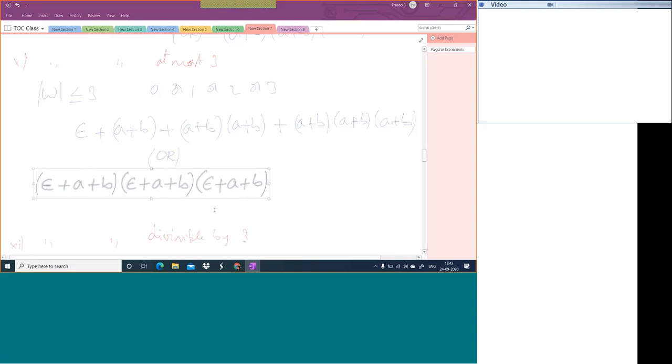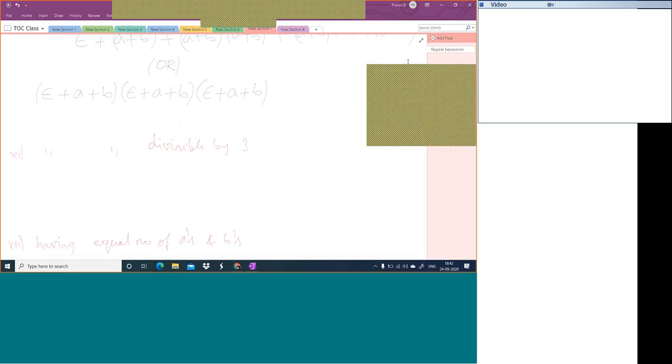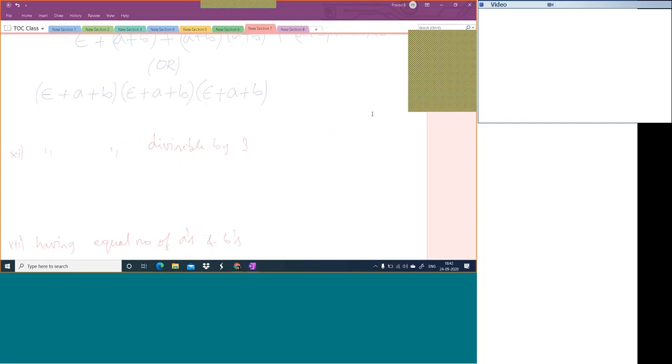Okay. Now, length divisible by 3. Length divisible by 3 means length can be 0 or length can be 3, length can be 6, length can be 9, length can be 12, like that. Okay. This is length 1. This is length 2. And this is length 3. If I take whole star,